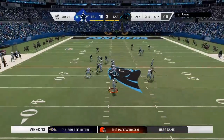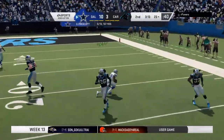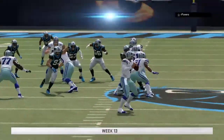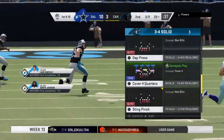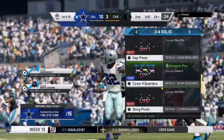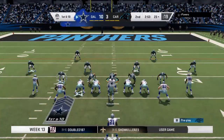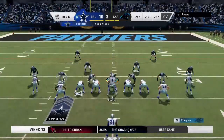On 2nd and 1, Prescott going to throw right side here, complete. 23 yards the pickup there. Never make the mistake that the slot receivers, especially the little guys like we're watching here, are just quicker than fast. A lot of them combine quickness and speed, and they catch a lot of footballs,